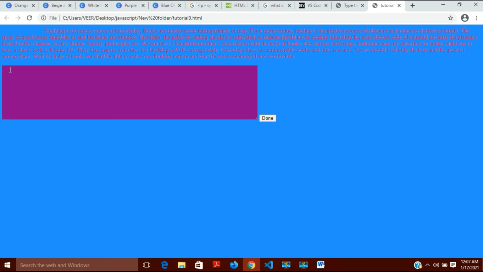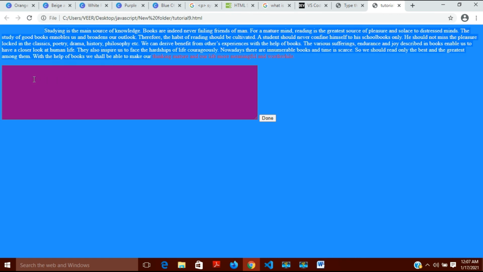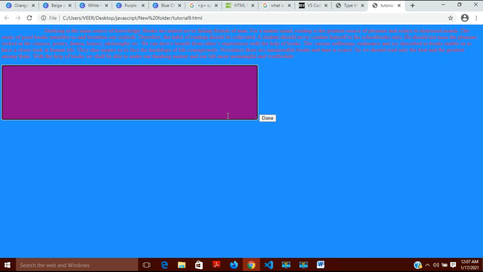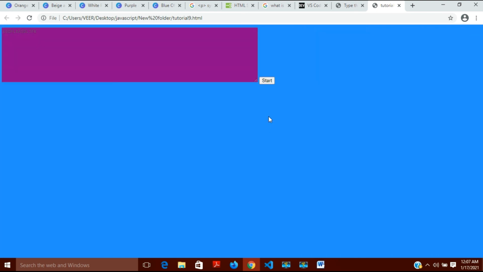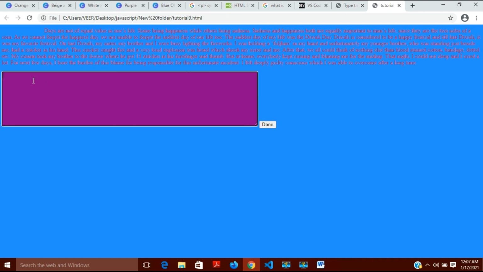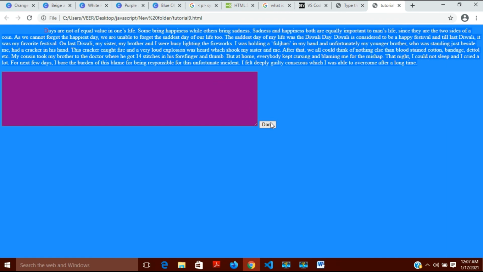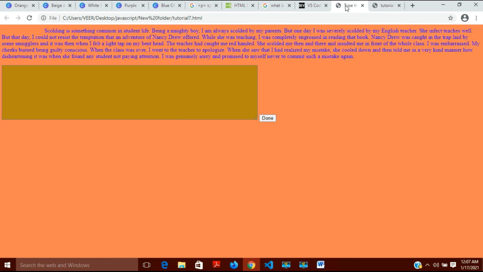It has got cleared, the text area is cleared by itself, and a new paragraph is there for me to write again. Okay, so this I have done. Then here you have something, but when I will click on start, nothing is there, and you have got a new paragraph. Okay, so this is how you can do it.